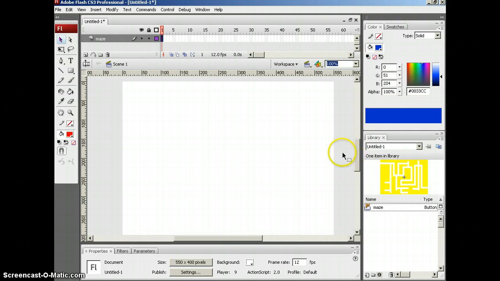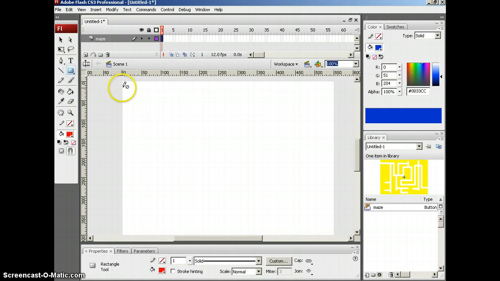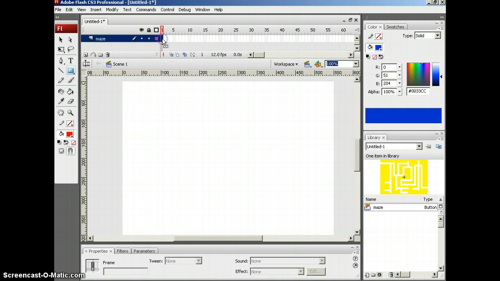for your user. But today you're going to understand that really all a maze is a button, and the button, when you roll onto it or over it, it's going to bring the user into the next frame or scene, letting the user either know that he won or lost. Okay, so we're going to go ahead and first start with a rectangle, and let's keyframe the first